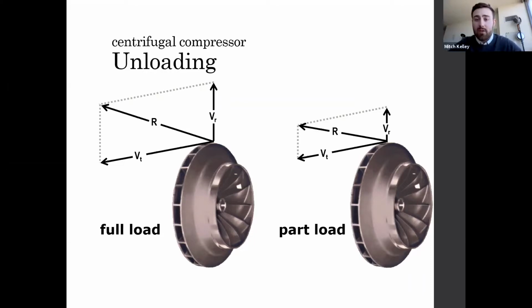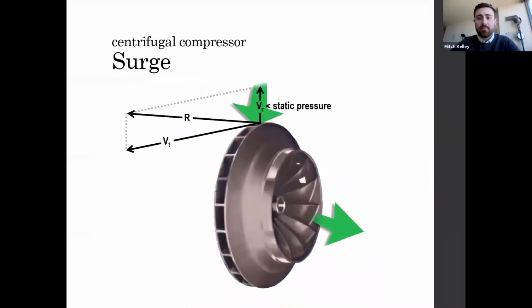As the load on the chiller decreases, the flow rate of refrigerant through the compressor drops. Radial velocity, which is proportional to the refrigerant flow, decreases as well. Even though the speed of rotation and the diameter of the impeller are constant in this case, the tangential velocity, which is proportional to the product of impeller rotational speed and impeller diameter, drops because of the pre-swirling refrigerant caused by inlet guide vanes. Now, the result is a shorter resultant velocity vector, shown here as R, which means that less static pressure is